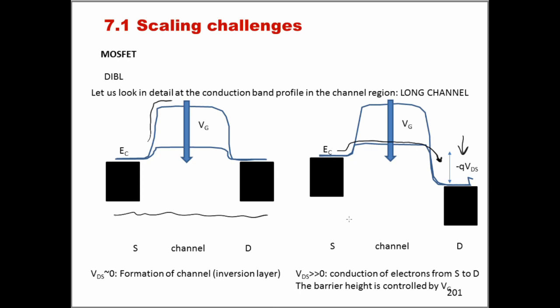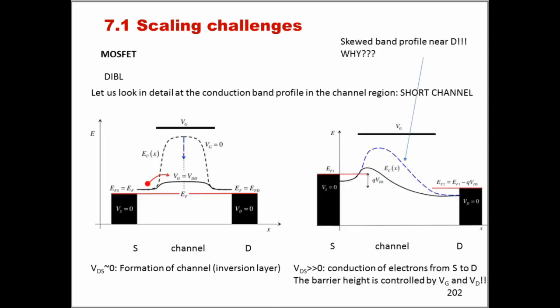And so we can see that the channel is completely and mainly under the influence of the gate bias. So the gate voltage is in full control of the channel, and that's the key point. Now the drain-induced barrier lowering is related to the fact that as we shrink our planar MOSFET transistor